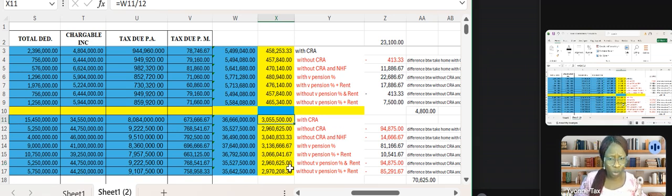Say you don't want to disturb yourself. Then without voluntary pension, you don't understand, it's just rent, it's 2.9, which is an 85,000 naira difference. So is there